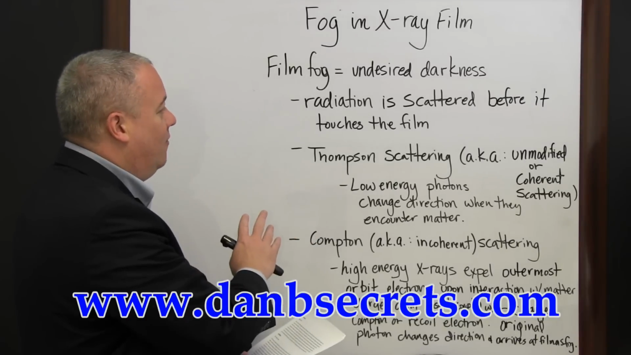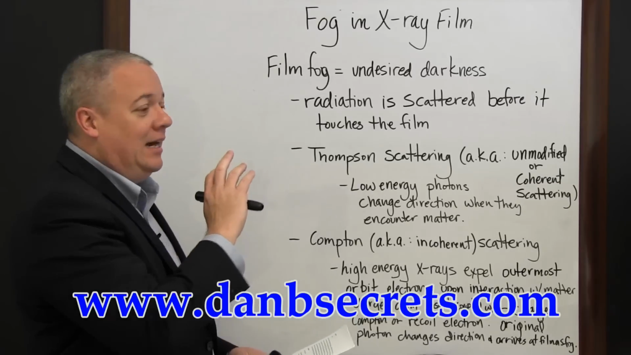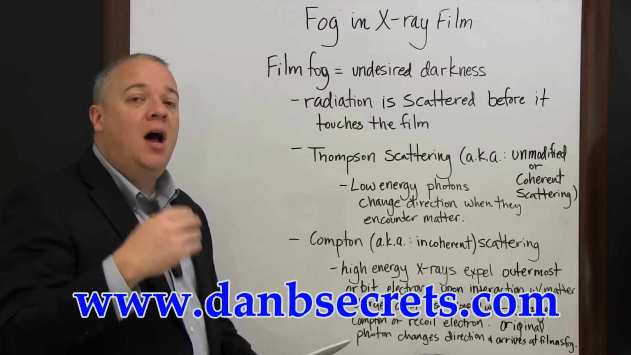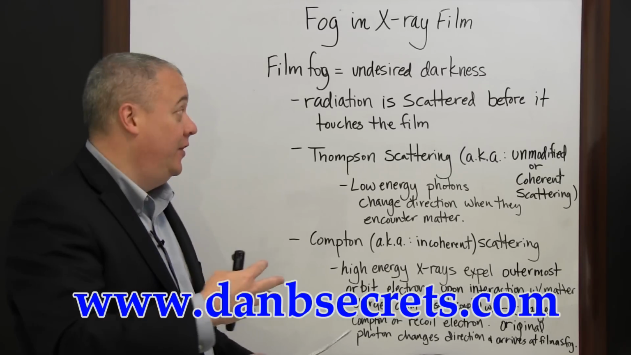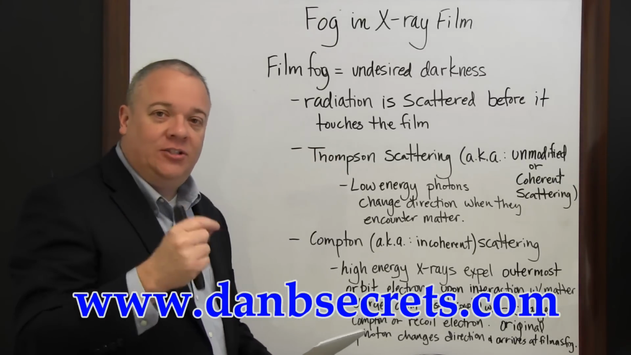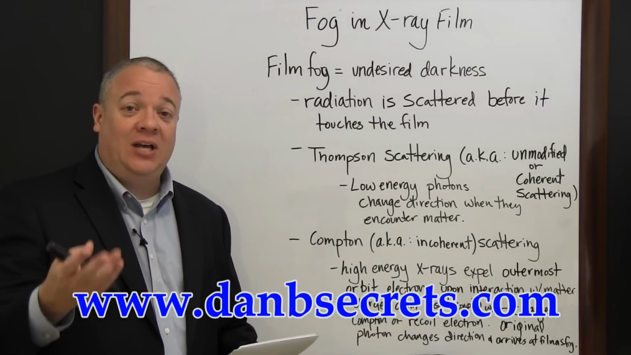This has just been a basic overview. There's obviously a lot more that could be said about this, but when we talk about fogging in X-ray films, what we're talking about is unwanted darkness in the film, which is caused by scatter in the radiation before it touches the film. Things that you can do to help with this are adjusting the amount of time, the time